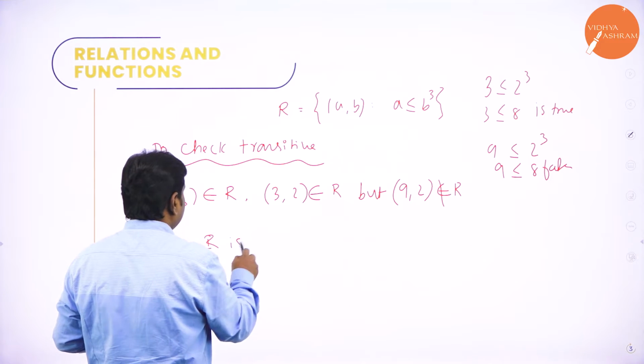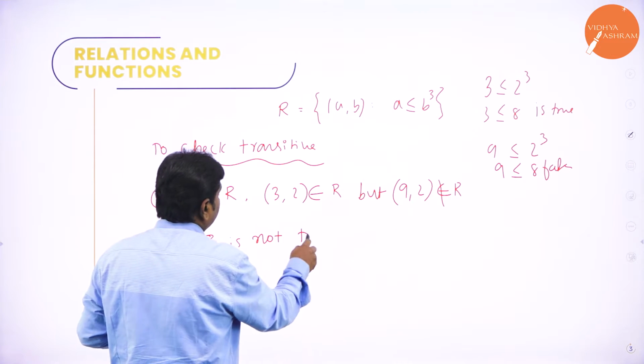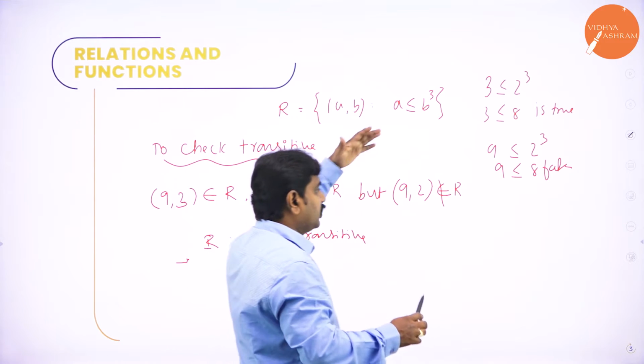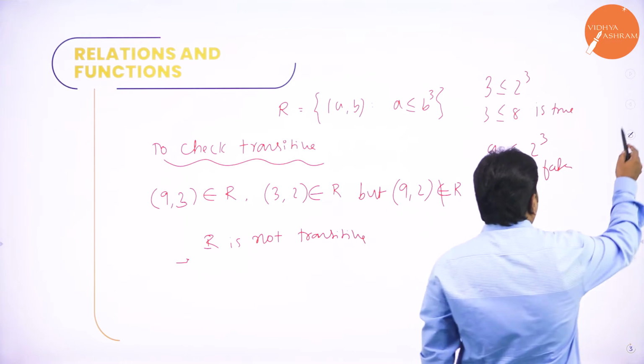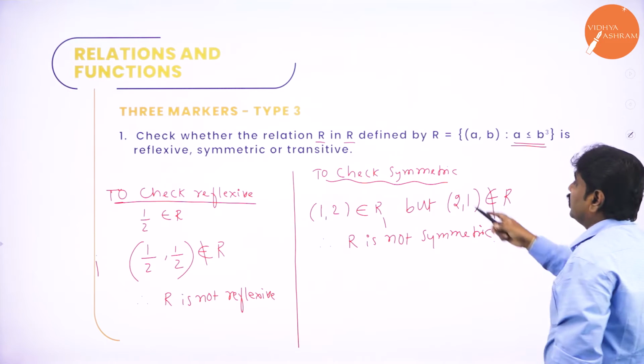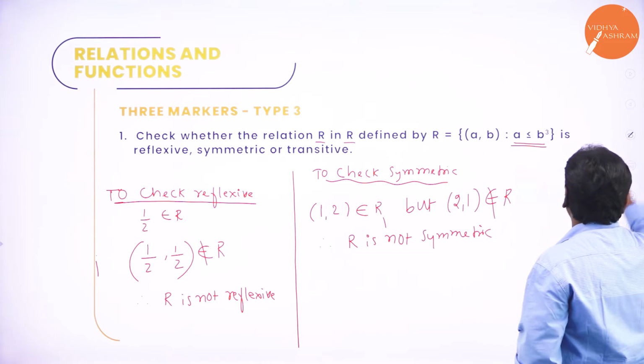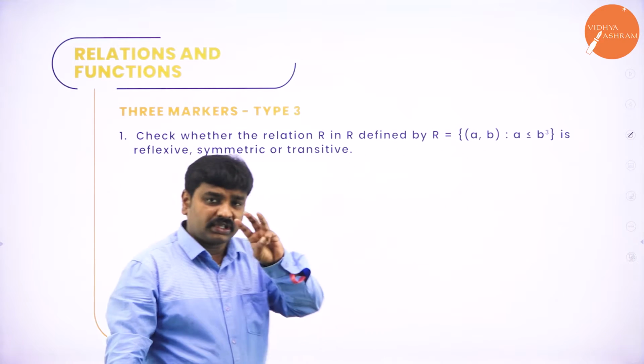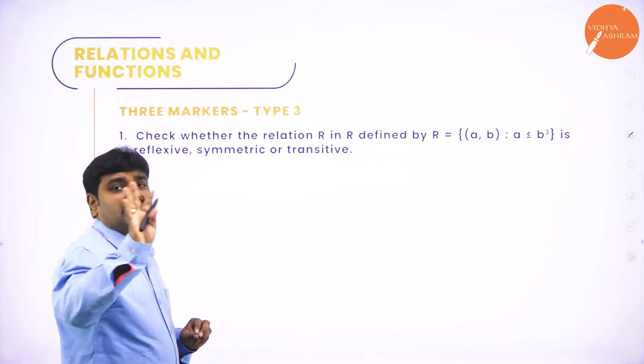Now coming to this, how much to write is important. So I explained the process. Now we'll go back to the slide, and they asked you to check whether it is reflexive, symmetric, transitive or not. I'll erase everything. Now observe, 3 lines to conclude if you know the examples.